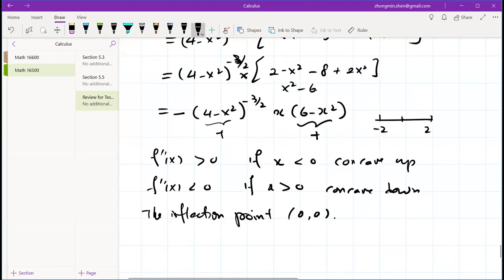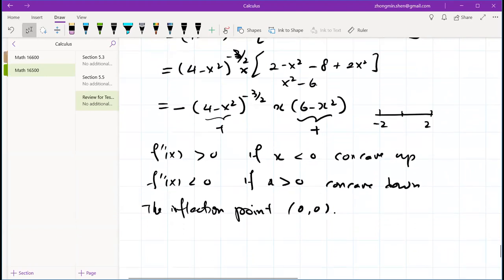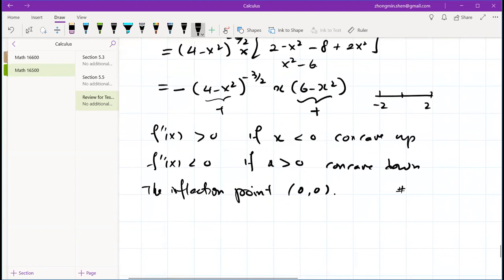But we should know that at the very beginning, right? We look at the picture, and it must be concave up on the left-hand side, concave down on the right-hand side. We just use the derivatives to verify this. Okay, so when you get home,